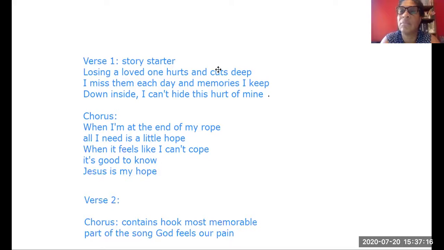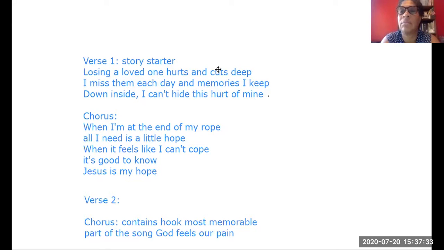And there it is. So we have now written a chorus that goes with our song. So we're going to what we call reverse engineer, meaning we're going to go backwards. We're going to hit the reverse button. We're going to rewind and we're going to go to the verse. And we're going to now write a tune that tells the story.